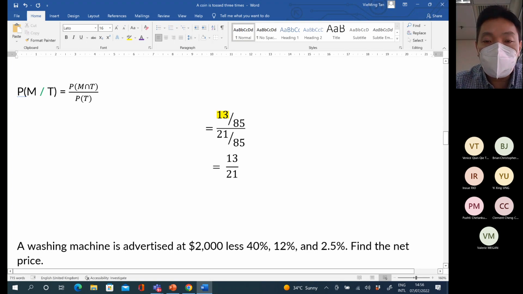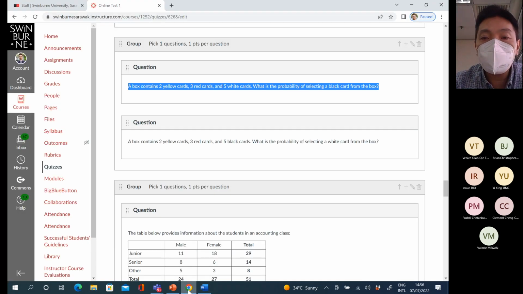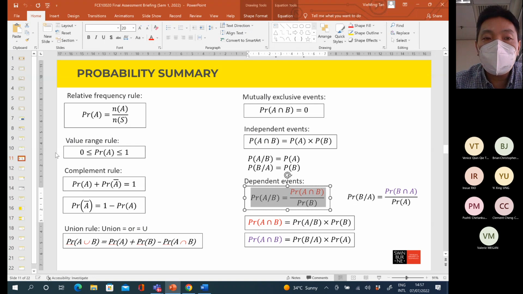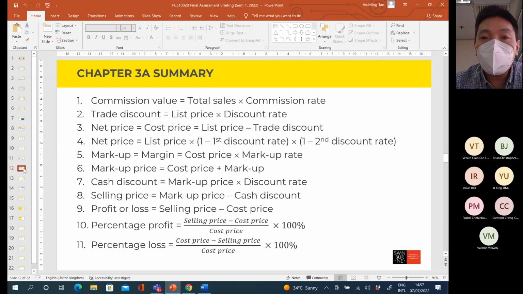So, okay, these are the questions that will be asked during the final exam for probability questions. Okay, then we'll move on to chapter number 3. Okay, number 3 we have